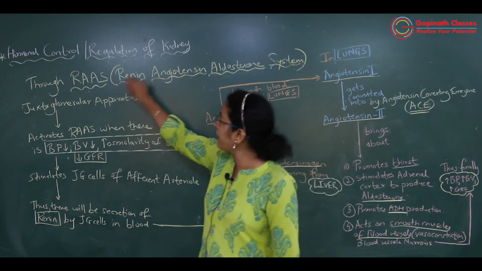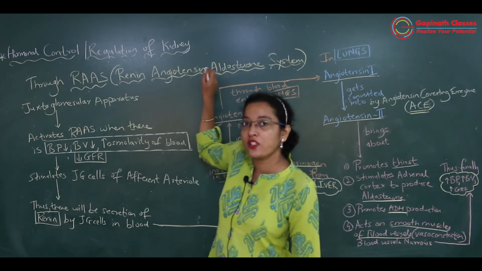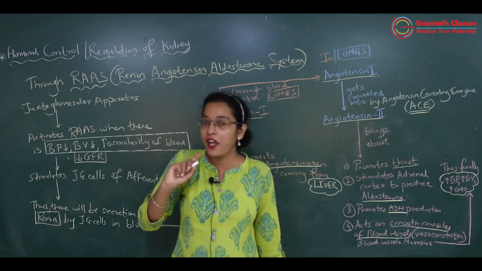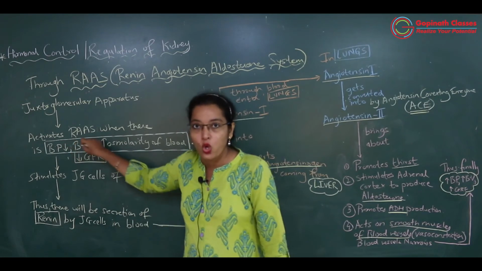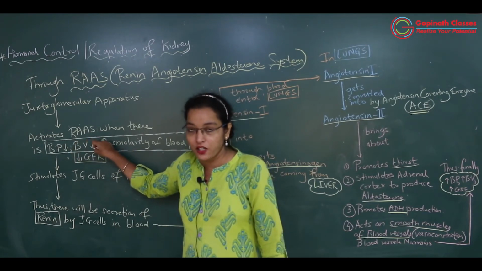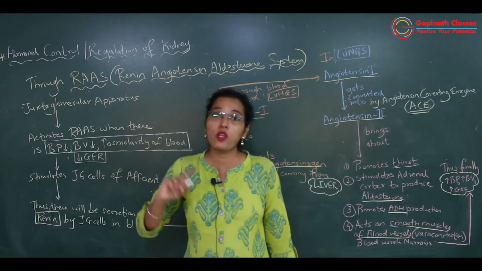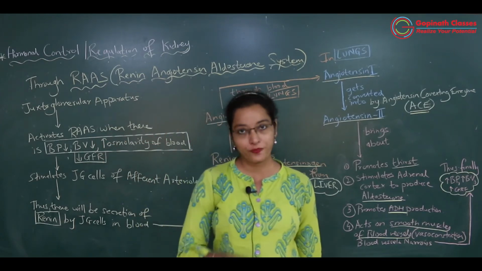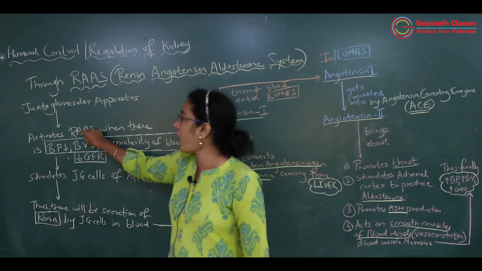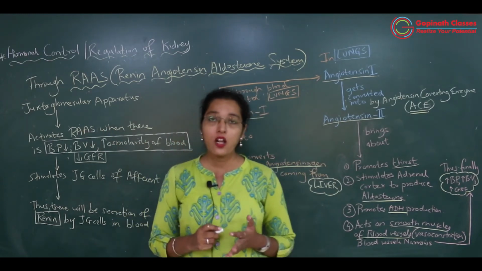When does the renin angiotensin aldosterone system get activated? When BP is low, BV, that is blood volume, is low, GFR is low, and osmolarity of the blood is more. So when the RAAS system gets activated, the JG